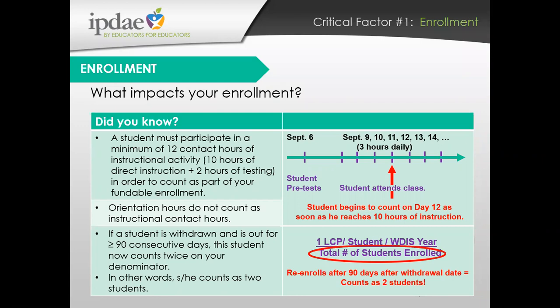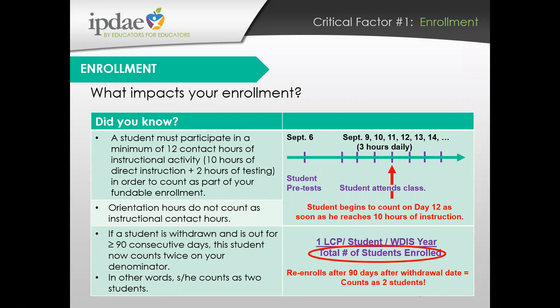Let's take a look at the second visual on the bottom right of the chart. If a student is enrolled in a class and attends for 10 hours or more, we already know that this student is part of the denominator. Let's say after 2 weeks of class, the student starts having attendance issues and is finally withdrawn after 6 consecutive absences. Once withdrawn, the student is out for 75 calendar days and then returns to school and re-enrolls in the